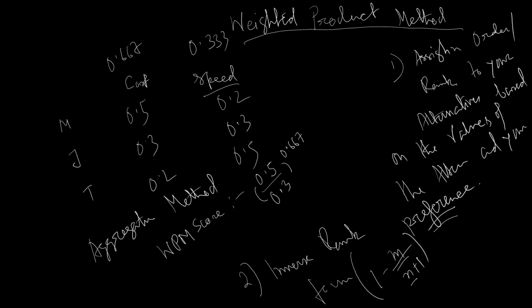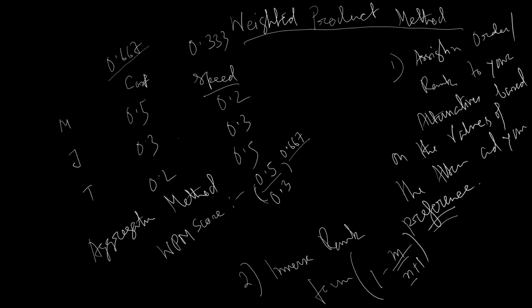The weightage of the criteria is 0.667, so in the power I have given 0.667. In this operation, I have divided the value of cost for Mercedes by the value of cost for Jaguar. So 0.553 to the power